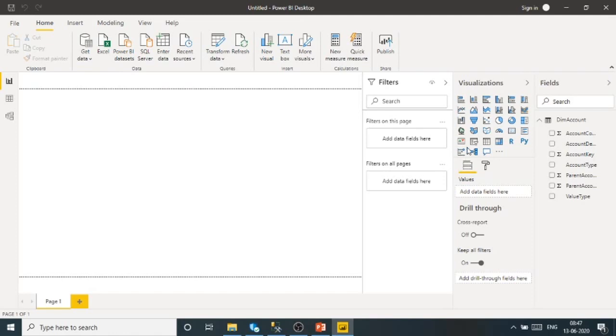Now if I want to create a few visualizations here, I can create them. I will put account type in a slicer.